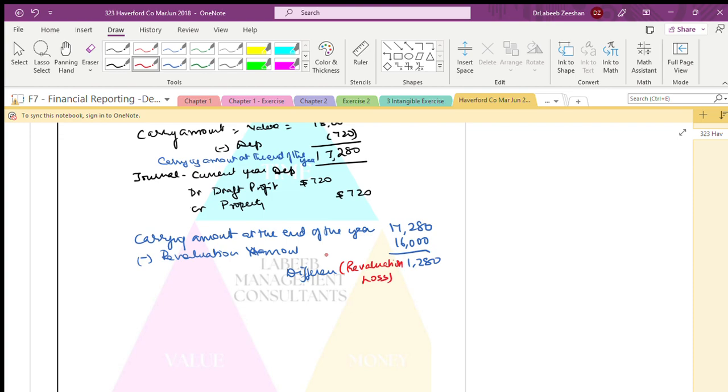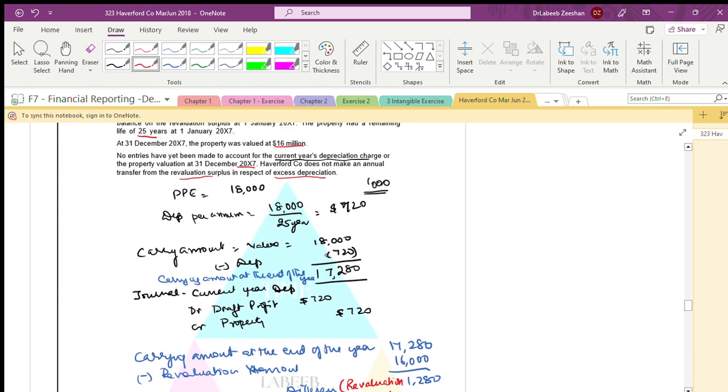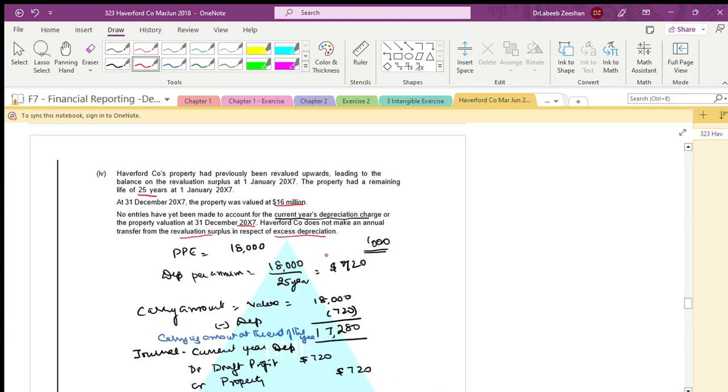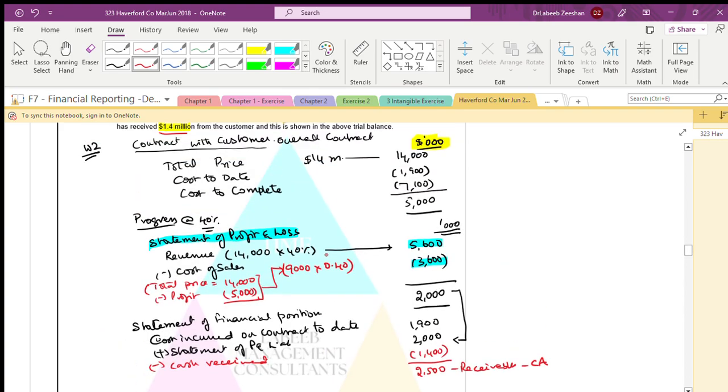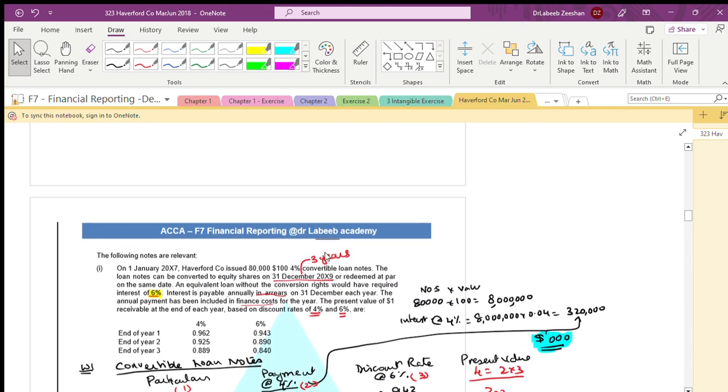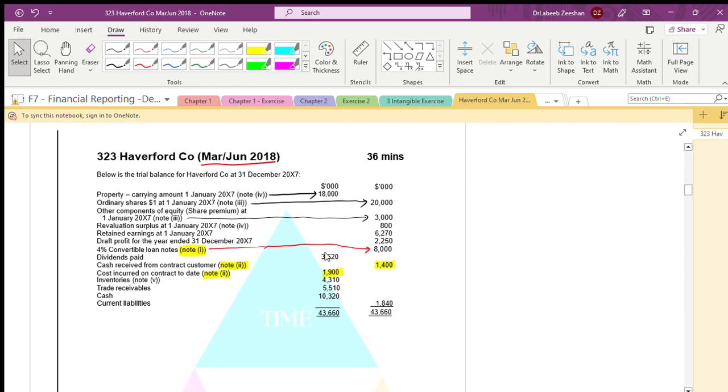For this, what have they mentioned here? Haverford does not make any transfers. No entries have been made on the account of depreciation charge on the property revaluation. However, it does not make any annual transfer from the revaluation surplus in respect of excess depreciation. Fine. Okay. Now,